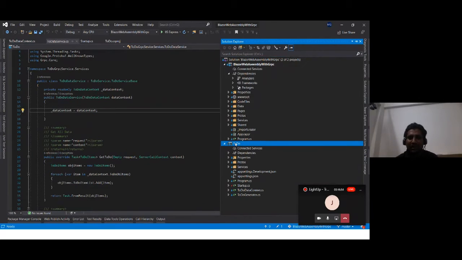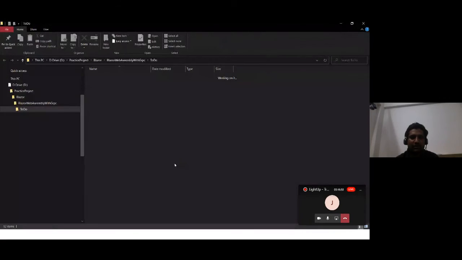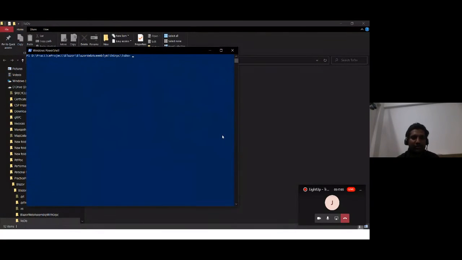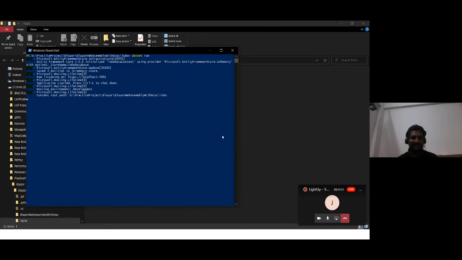I'll start my to-do application: open a PowerShell window from here and run dotnet run. Now my service is running on localhost 5001.